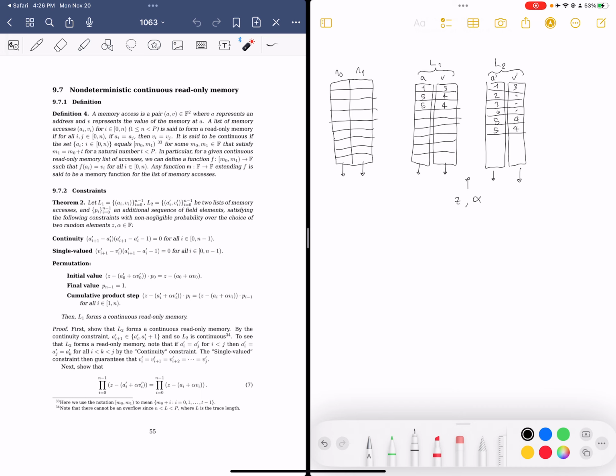But the values repeating is okay, because we'll see here on the left we're checking for single valued. You'll see what I mean. But before I get into the constraints that are going to verify that these things are okay, I just want to point out that this is sort of at least half of the scheme, which is that here on the left we're getting